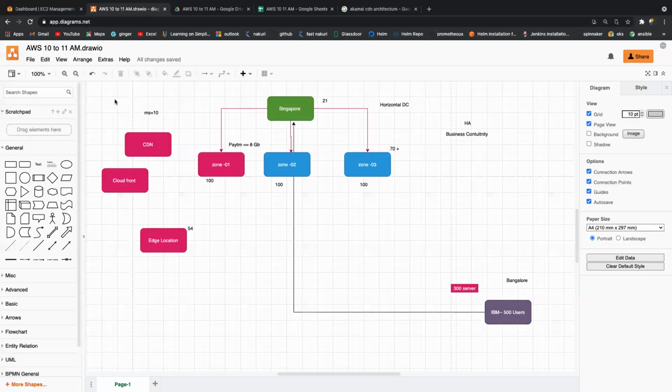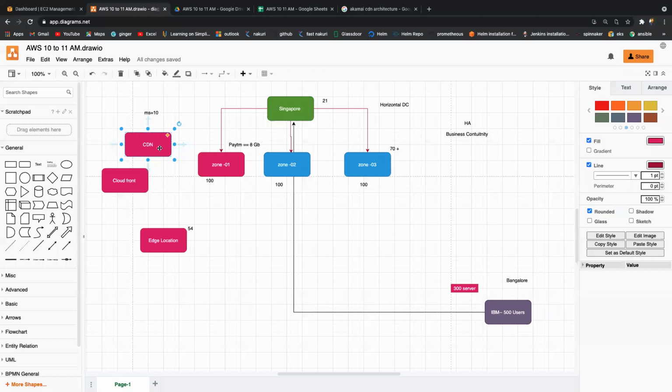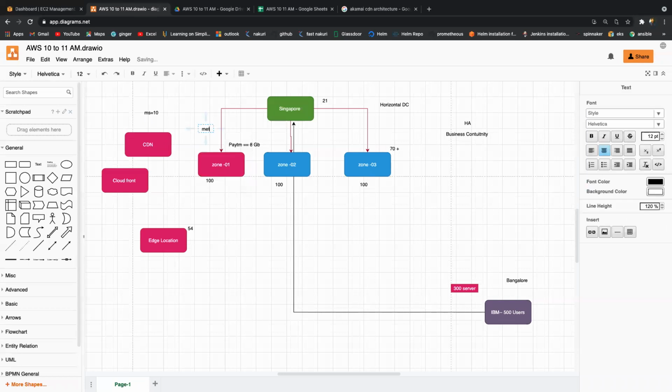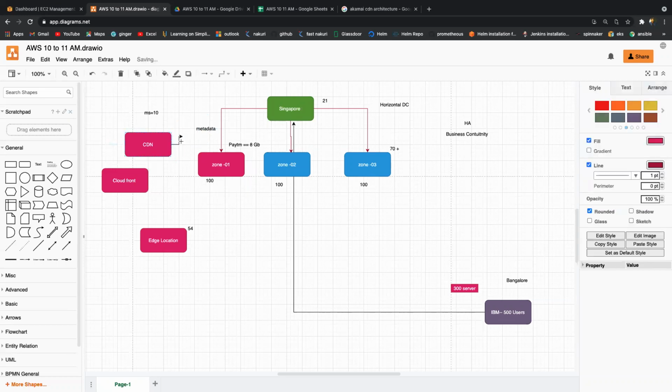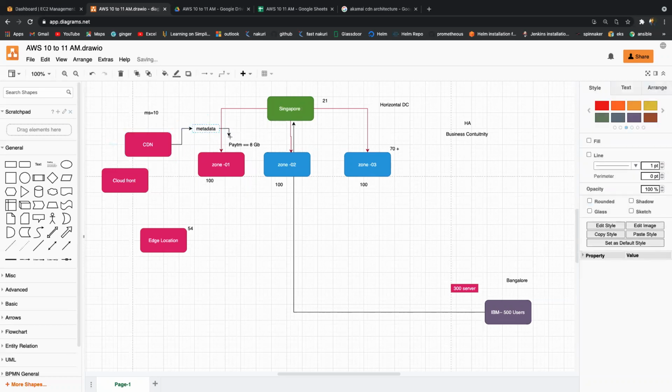Okay, let us try to understand what is meant by CDN. See, the CDN protocol, it is going to fetch metadata from your raw data. Metadata is nothing but data about data, your index page. I do have 8 GB, your metadata would be KB, right? So the CDN will fetch metadata from your raw data. This metadata, the CloudFront will distribute to across all the edge location.